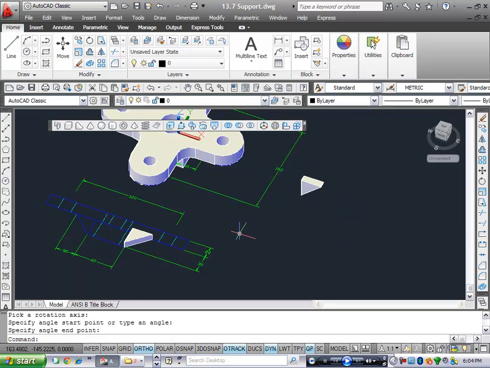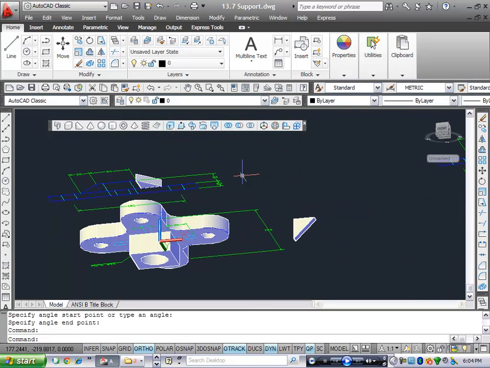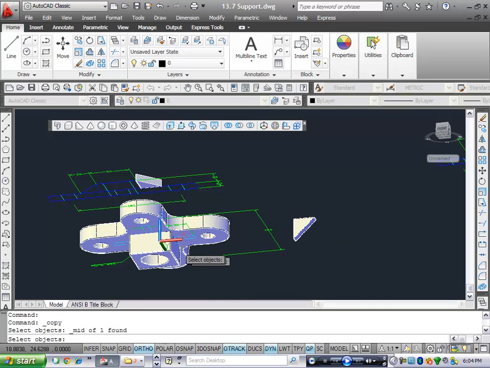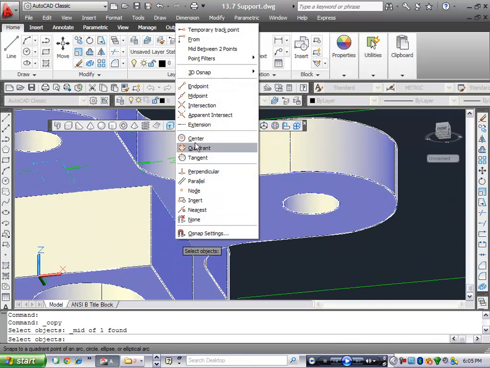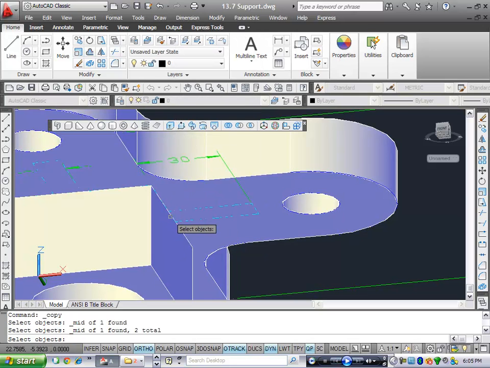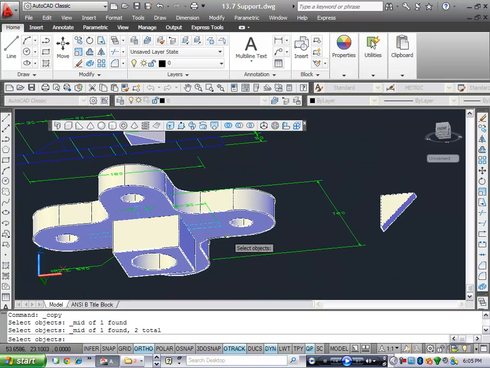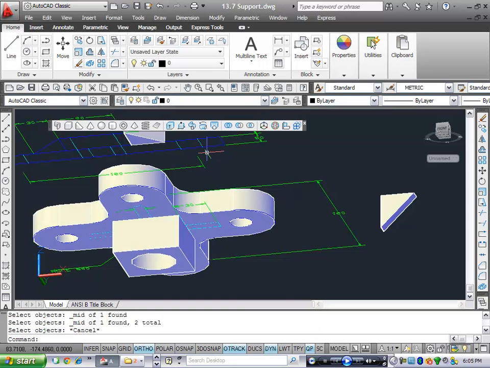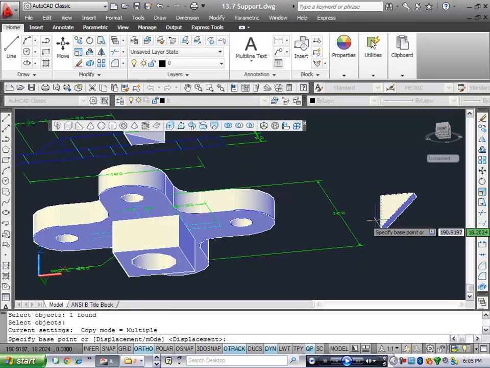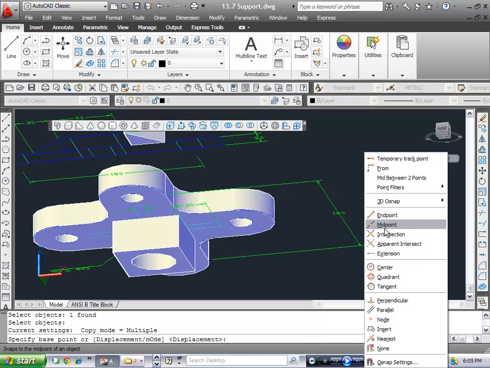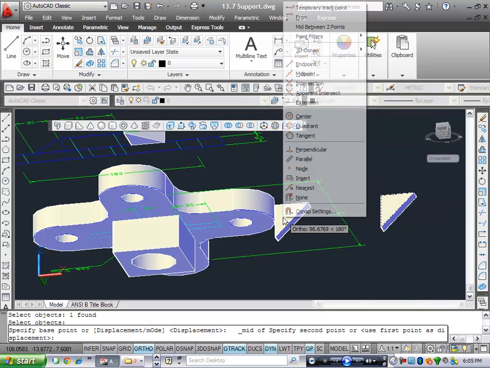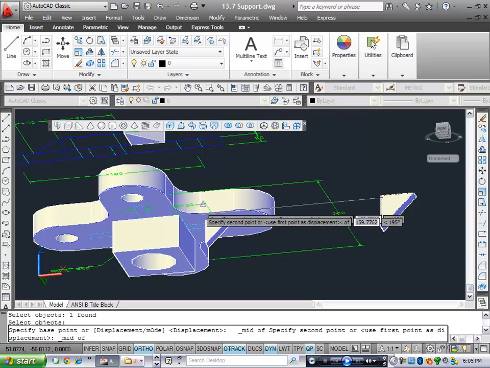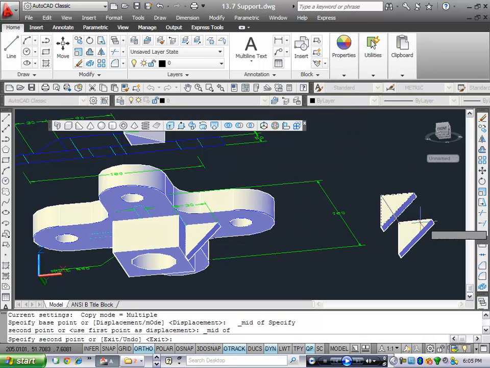There we go. Shift middle mouse key, glide to the bottom, copy from the midpoint of the center of this object to the midpoint of this object. Oops, let's try that again. Copy from the midpoint to the midpoint. And we'll do the same